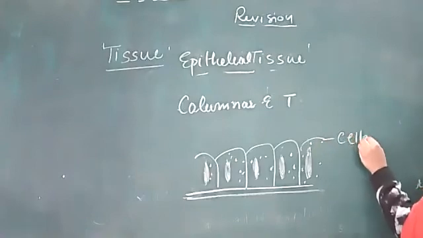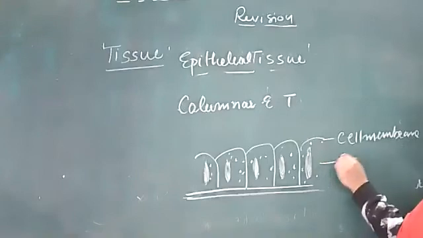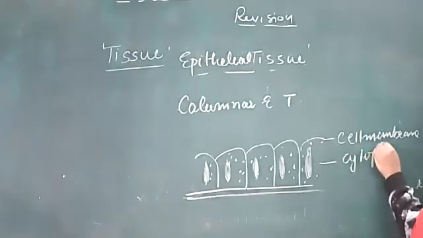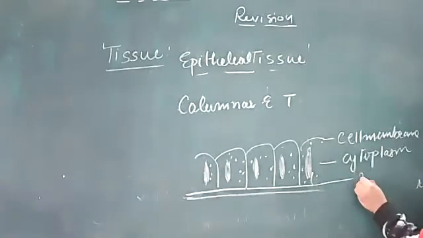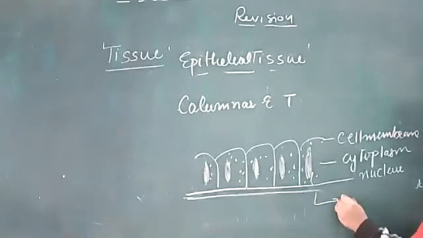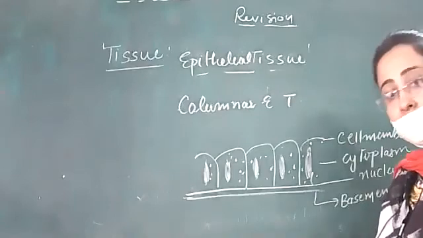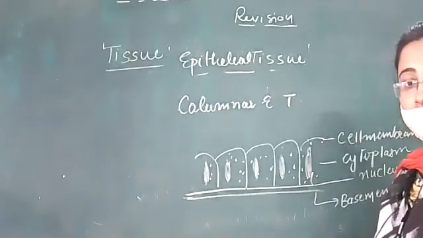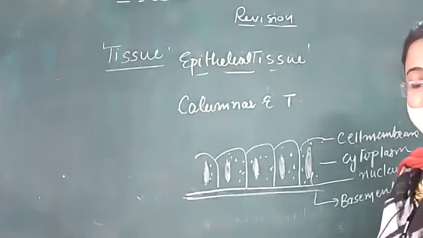It is a cell membrane. It is with a cytoplasm, and here it is a nucleus, and where it is present, again I am repeating, in the intestine, in the stomach, basement membrane. The location you should know. You know that location questions usually come in the exam. So location, nucleus is also elongated. We will do bone, cartilage and ligaments later.